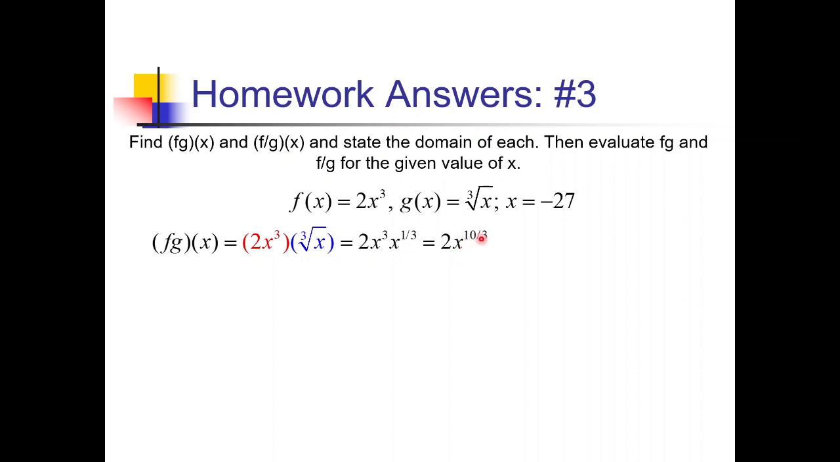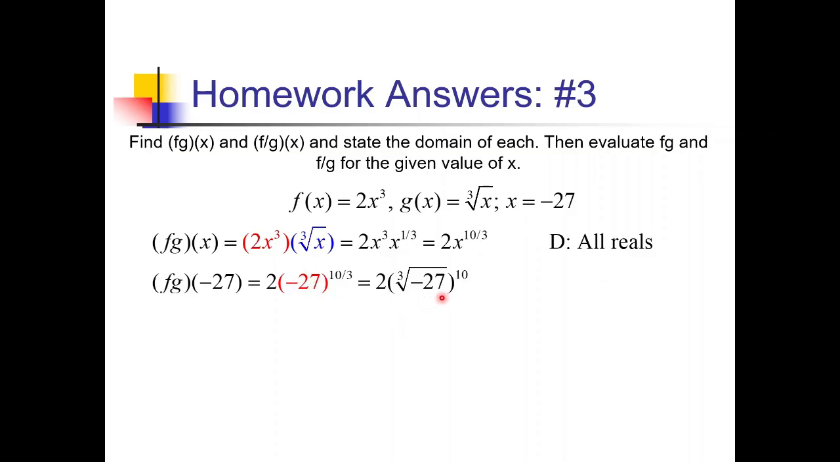Since this is really a cube root, it has a domain of all real numbers. We can plug in negatives, zero, and positives into cube roots, so that's totally fine. And let's actually plug in negative 27 now. This is going to be 2 times the cube root of negative 27 raised to the 10th power. And I know the cube root of negative 27 is negative 3, so we have 2 times negative 3 to the 10th,